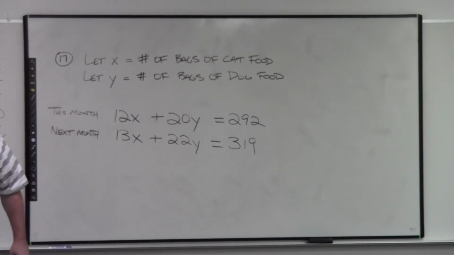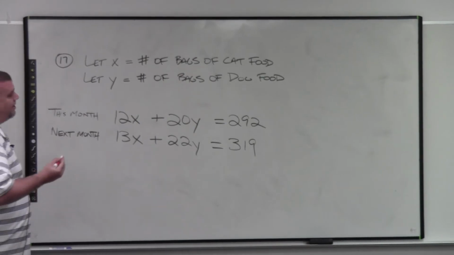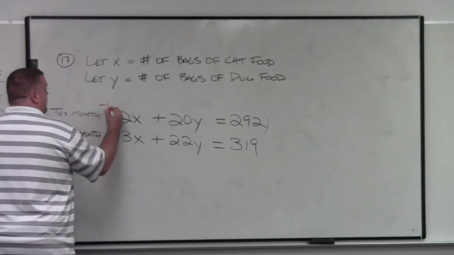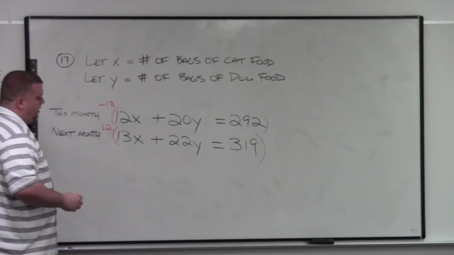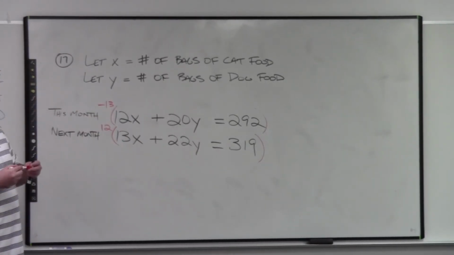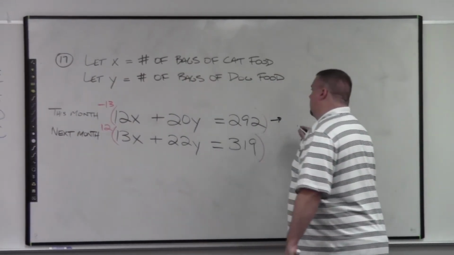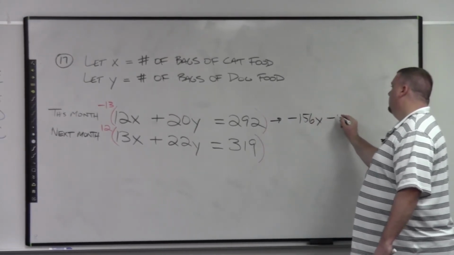So we have a system of equations, two equations there. How would we solve that? What could we do? You need to multiply the top one by negative 13 and the bottom by positive 12. You could. And what is that method called when we do that? Addition elimination. So you're saying multiply this one by negative 13 and this one by 12? Yep. That's going to eliminate our x's for us. I might need some help on the arithmetic here. Negative 156x,